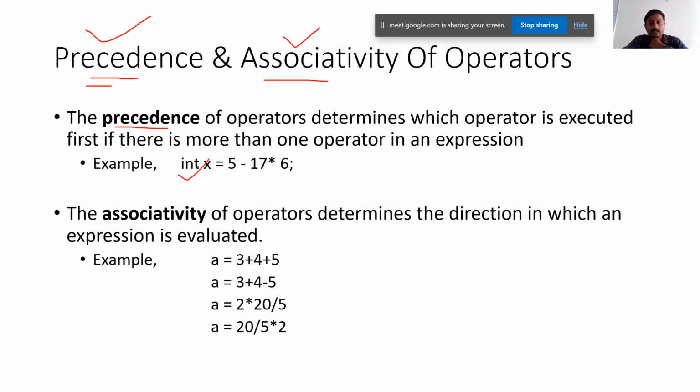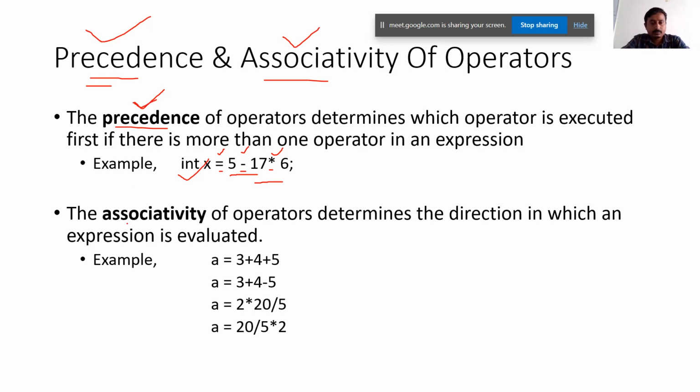Now consider this expression. So here we have total 3 operators: assignment operator, minus operator, and multiplication operator. Now which part to be executed first? Whether to do 5 minus 17 or 17 multiplication 7 multiplied by 6. Okay, now that tie will be broken by precedence. Multiplication has higher priority as compared to minus and equals to. That's why we will perform 7 into 6 first, and then we will subtract that from 5, okay, and that value will be assigned to x. So every operator will have its corresponding precedence.